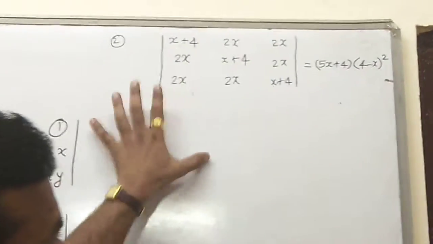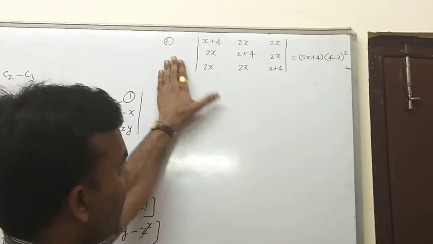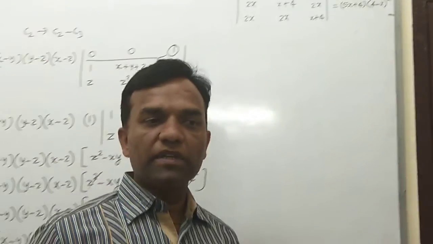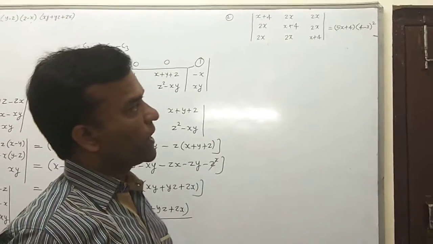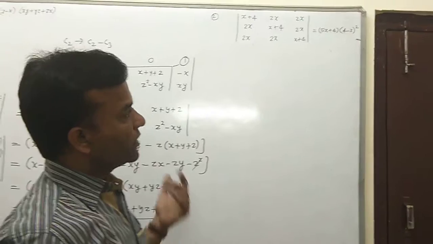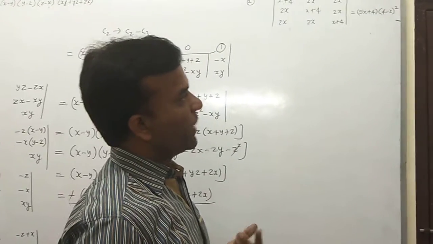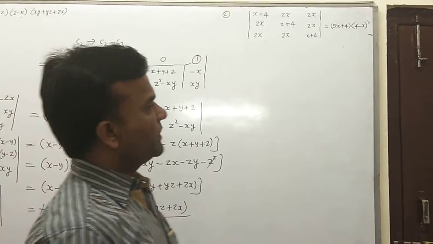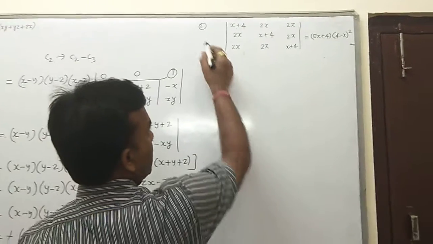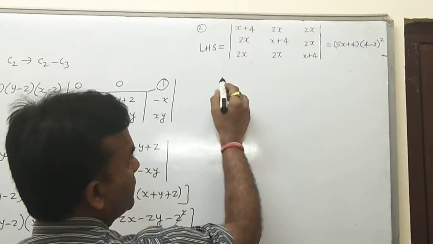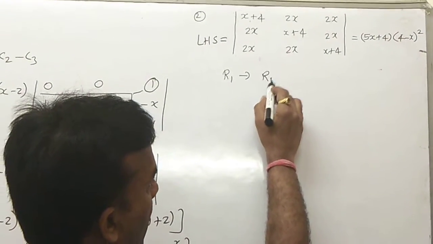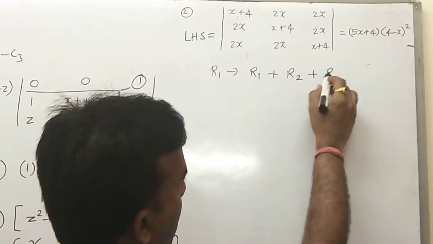In this question again, if you watch all the elements of this determinant and then you add column wise or you add row wise, there is no change in the operation. Every side you have 5x plus 4. So it depends on you which operation you want to apply. You may apply a row operation, you may apply column operations. But here we try the column operation, because all elements come in the first row. So here we take the LHS directly now, and you apply row operations. So R1 tends to R1 plus R2 plus R3.